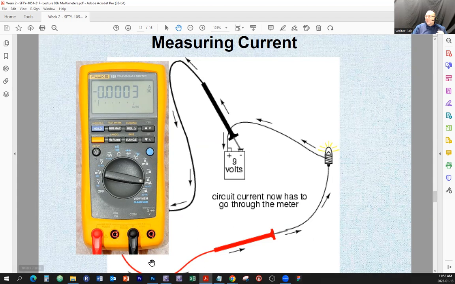The current leaves the positive side, goes through the load, goes to the positive side of the battery, goes through the battery, goes back, leaves the positive side of the battery, goes through the light bulb, goes through that meter and comes back to the battery. Notice the polarity of the